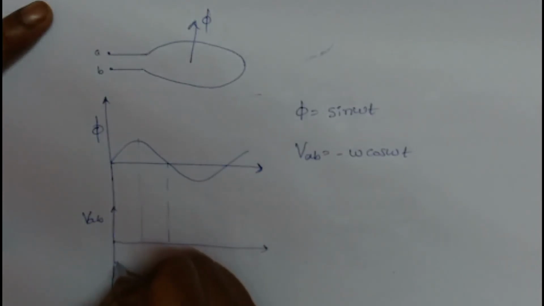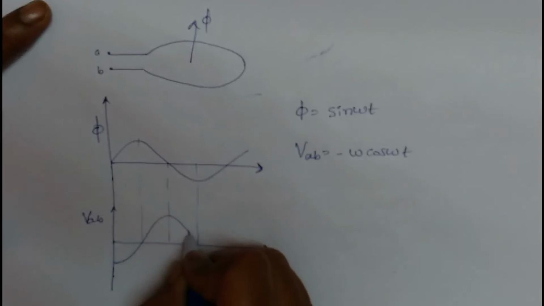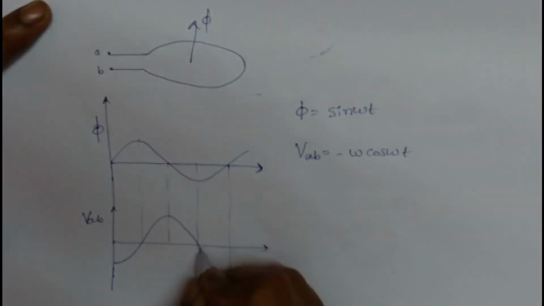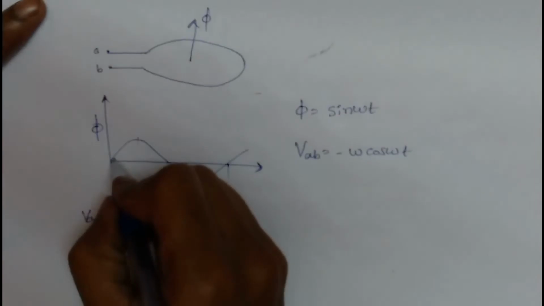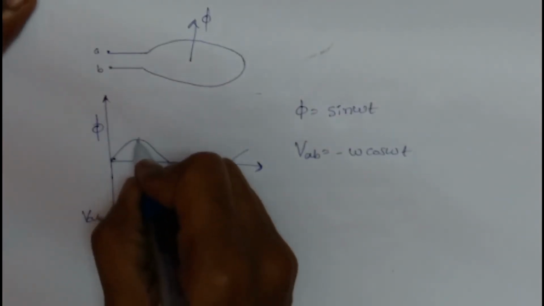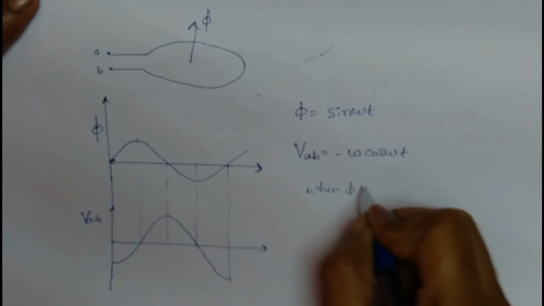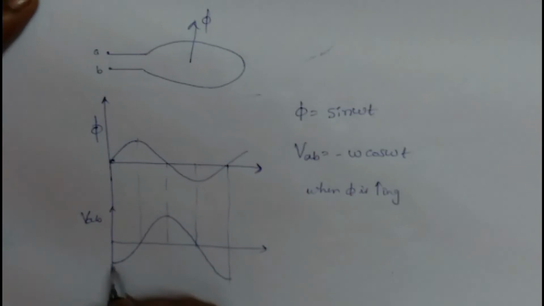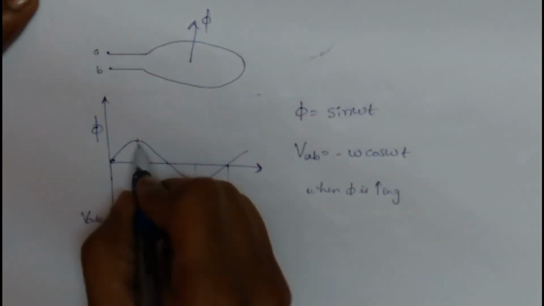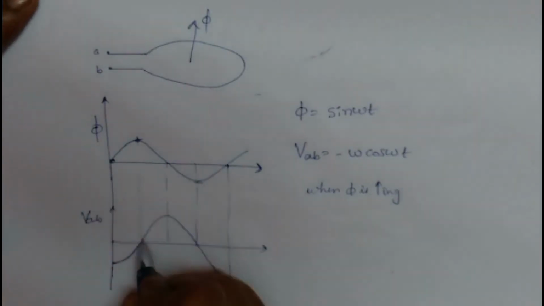If I start from here, and then here, and here to the negative peak. When my phi is increasing, my VAB is negative, so the direction is fine. When my phi is decreasing from positive peak to negative peak, my VAB is positive,